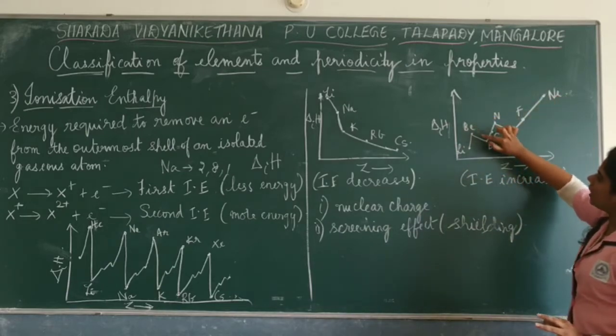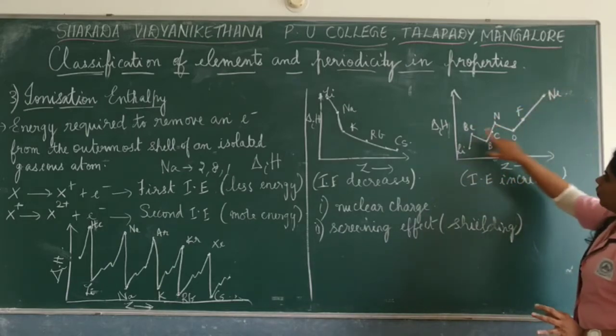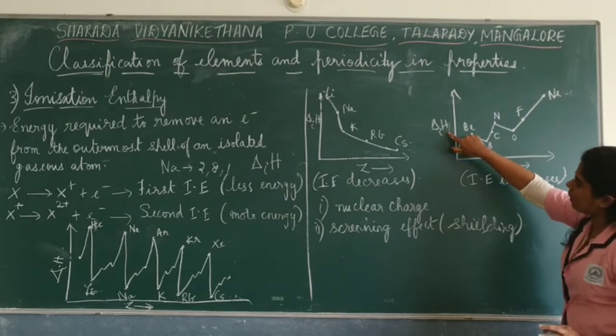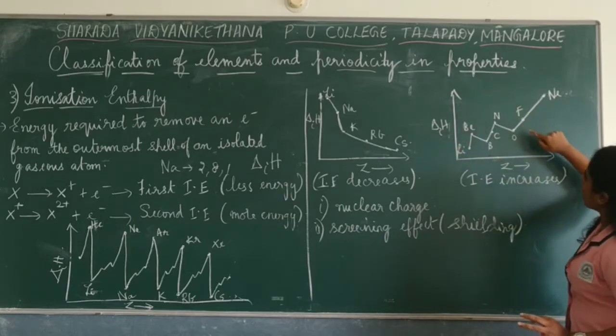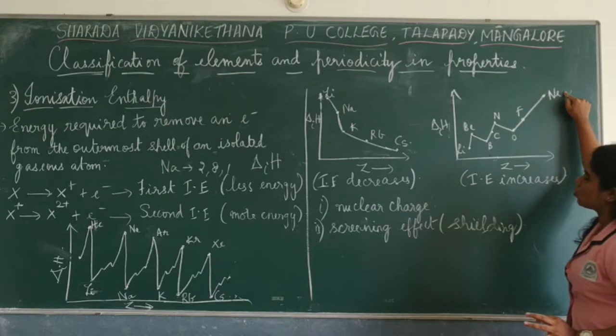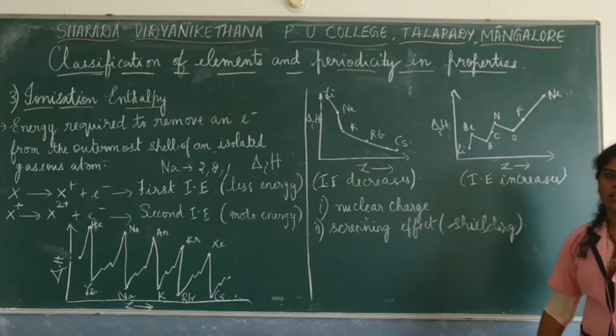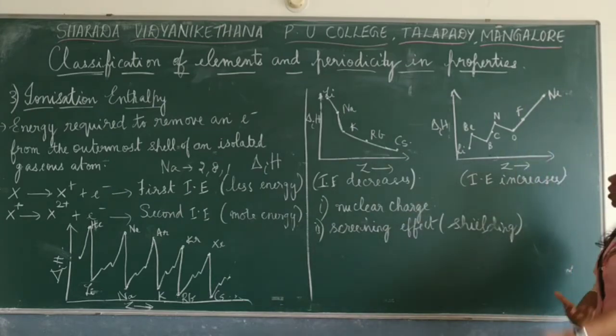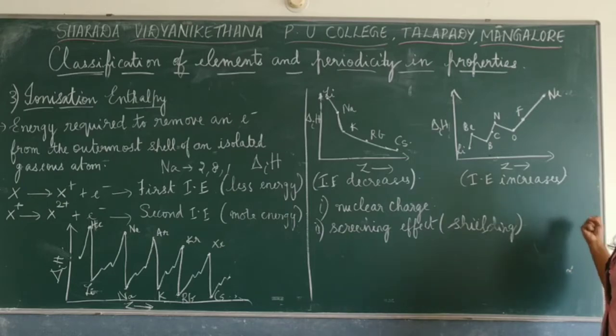So here you have another graph, lithium to neon. What happens here? The graph keeps on increasing, which means the ionization enthalpy required to remove the electrons from the outermost shell when we reach noble gases is more. Okay, you need more energy to remove the electrons. So ionization